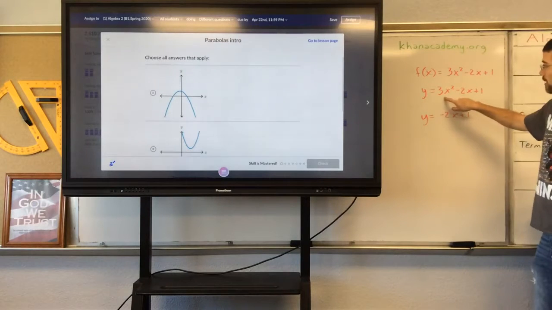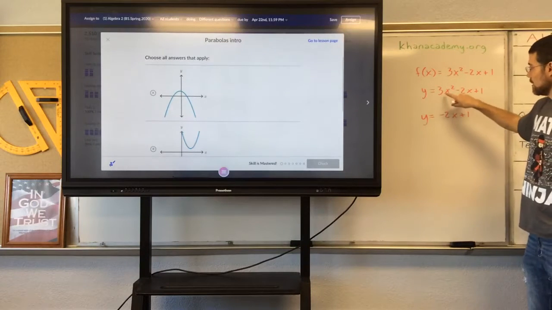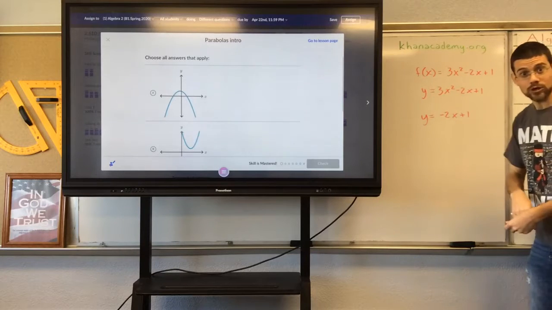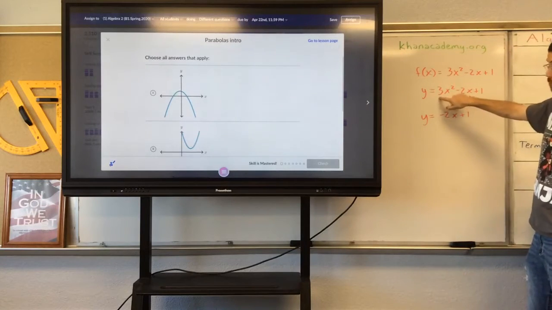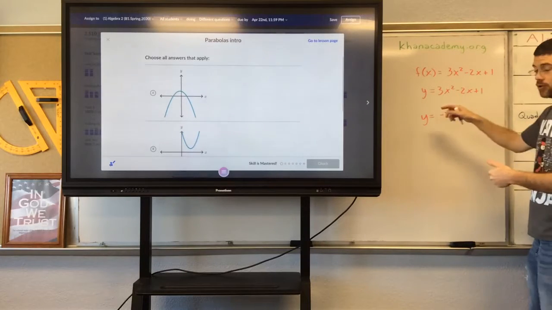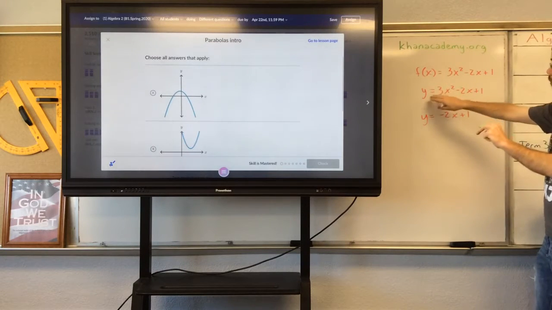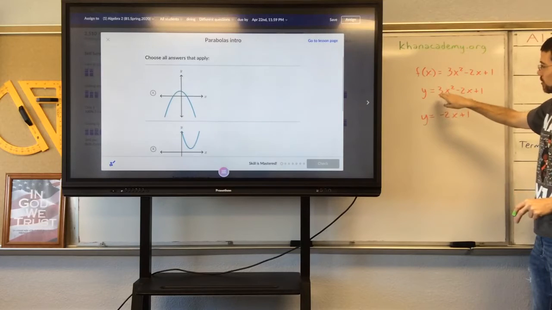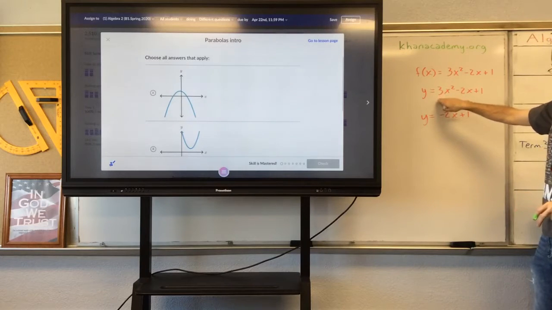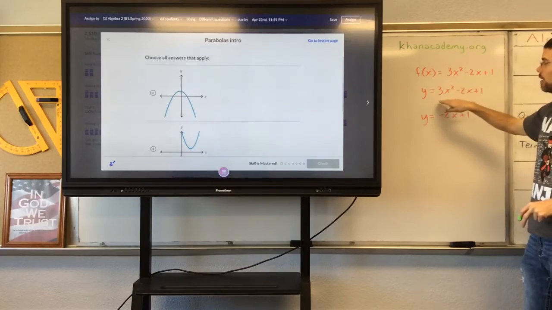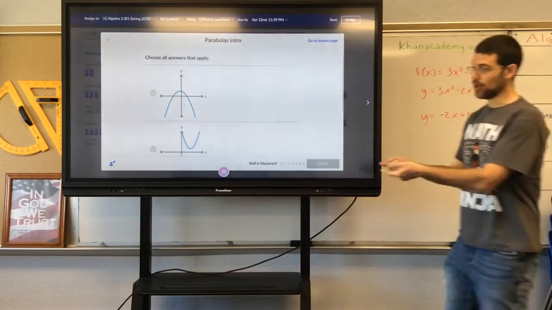So in this case, as x gets really large, we're squaring a really large number, which makes it even bigger, and then we're multiplying it by positive 3. So as x increases toward infinity, the y value is also going to skyrocket faster and faster toward infinity. So you see that if you have a positive coefficient on your highest term, your x squared term, you're going to have a parabola that opens up